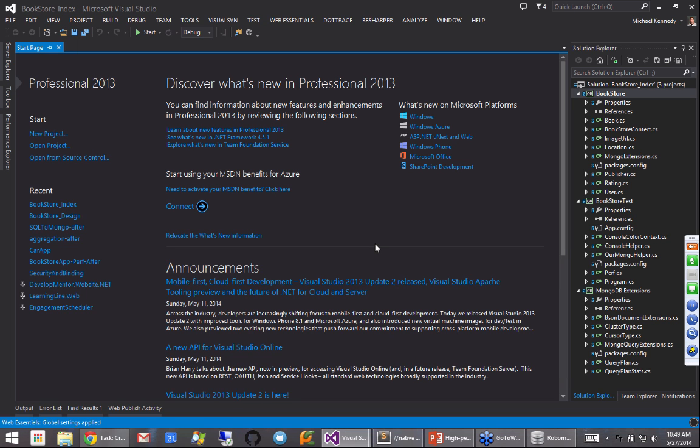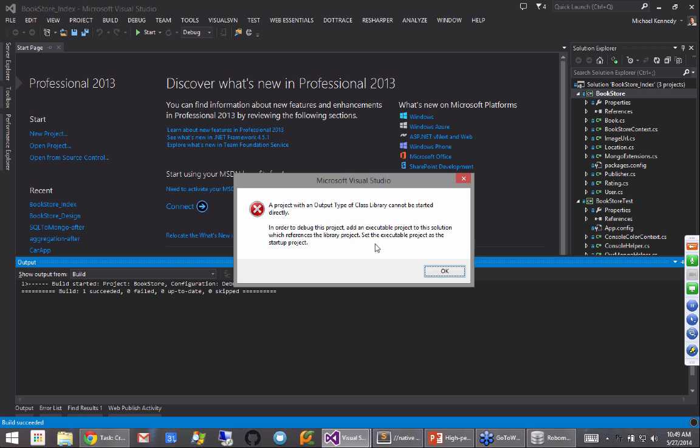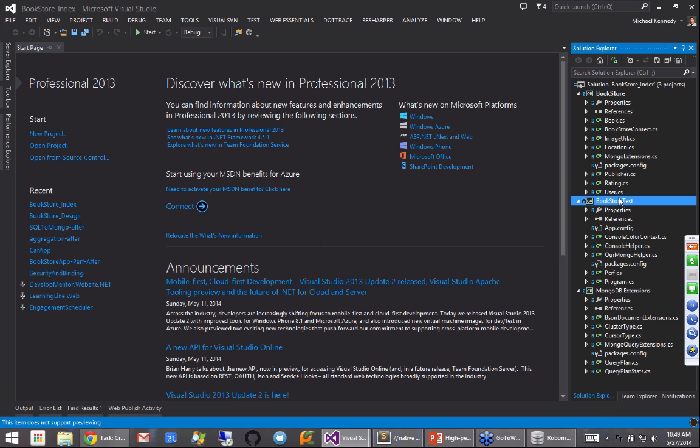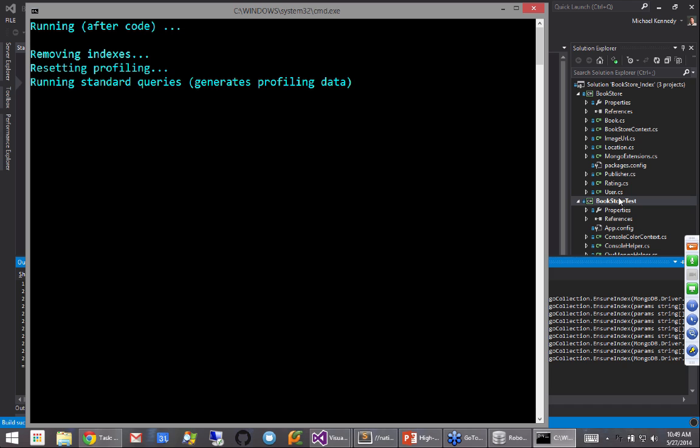What it does is first it runs without indexes, asks some questions, uses profiling, and then it runs with indexes, and you'll see something dramatically different.